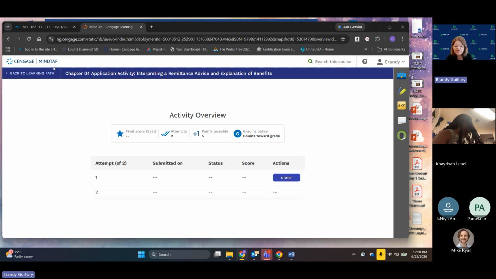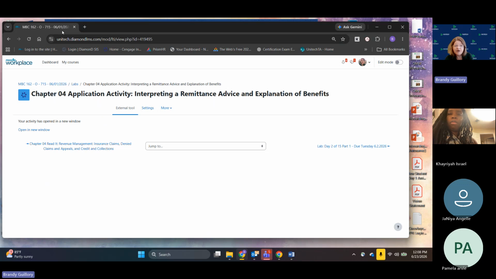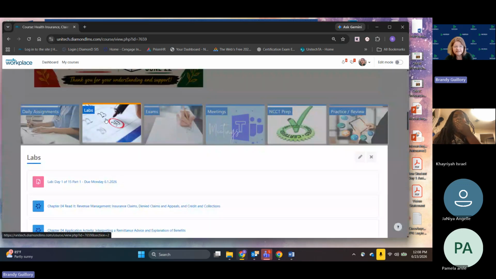You need to work through your graded items first, and those are all listed in the Unitech site. Do not jump around in Cengage, okay? Do not start going through a list of assignments in Cengage that may not be listed in Moodle, okay? We don't want to do that. What I want you to do is close out your activities and go back to Moodle and go to the next thing on the list.